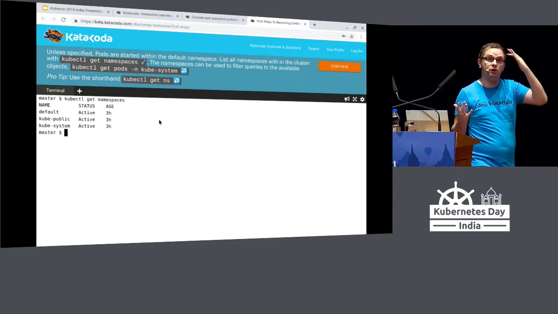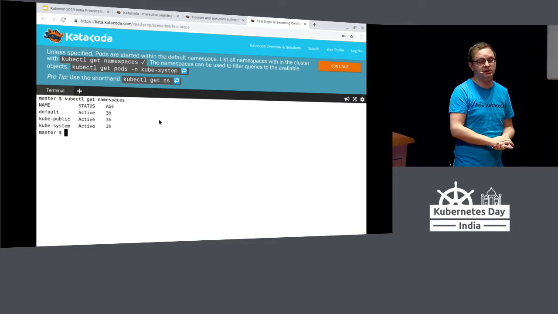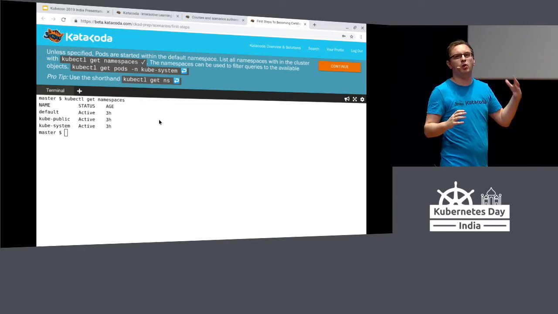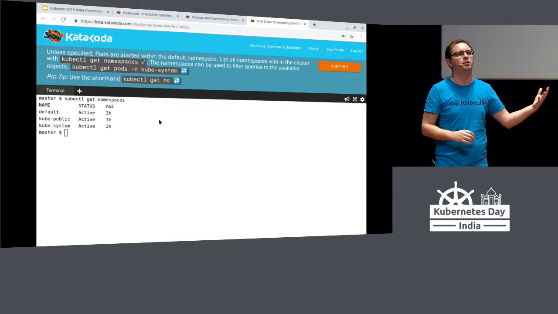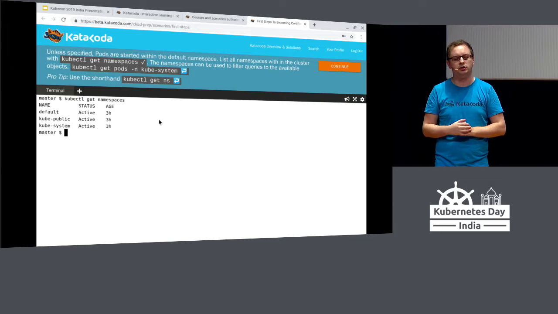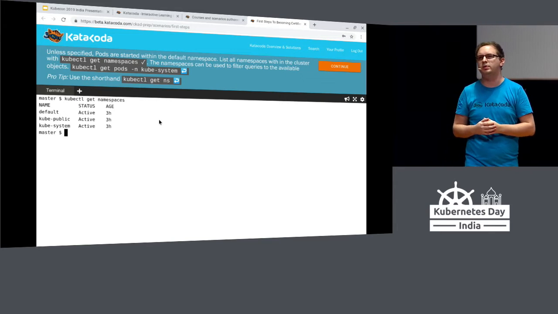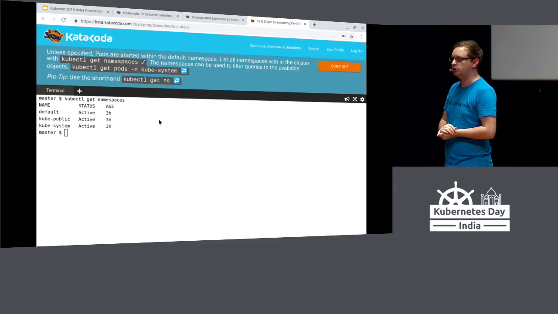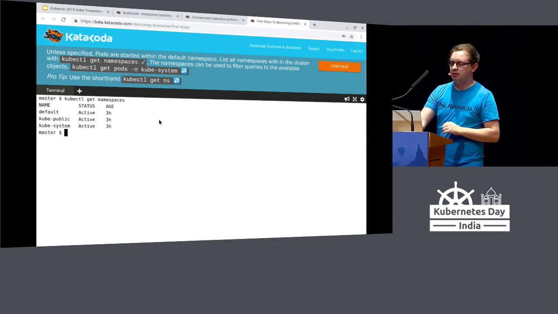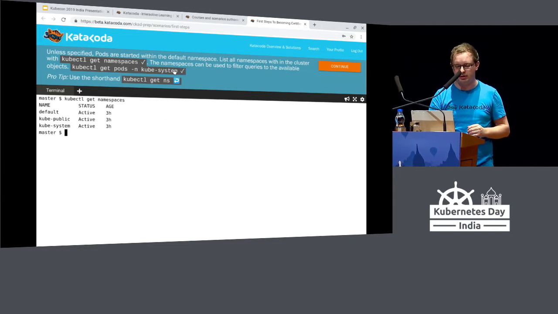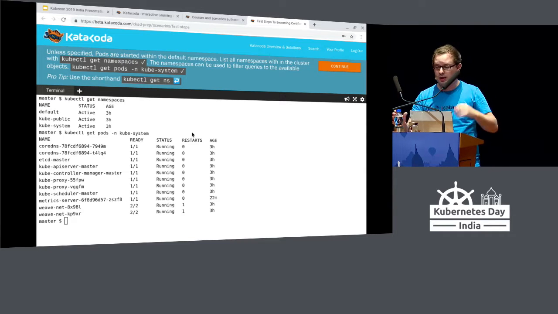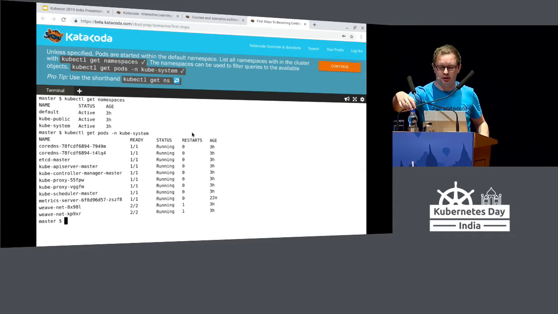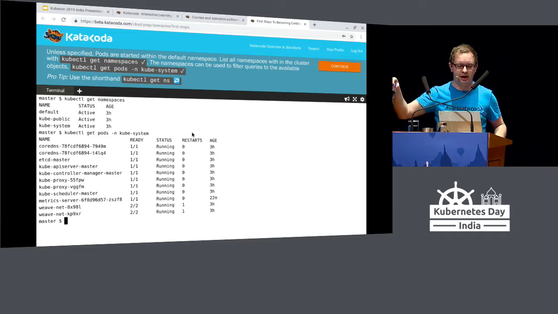And by default, in a Kubernetes cluster, we have 3 namespaces. We have default, which is where, if we haven't specified anything, our deployment will run and be launched into. And then we have 2 internal Kubernetes namespaces, kube-public and kube-system, where all of the Kubernetes components are running. And if we wanted to see what was running in that namespace, we could go get pods, -n, and that will output all of the pods within that namespace.